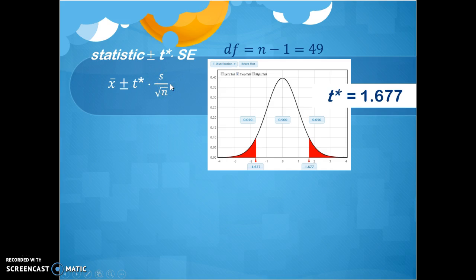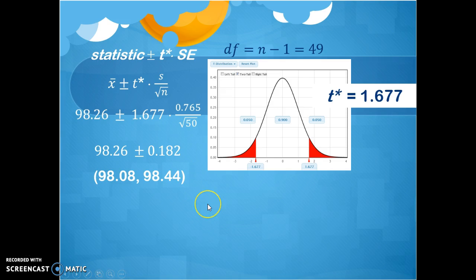standard error. Again, we're not simulating anything, so I don't simulate a standard error. There are formulas that allow us to calculate it. And so it's the sample standard deviation s divided by the square root of n. And these are the numbers. 98.26 from before, 1.677, which we just found now, and 0.765 for the sample standard deviation, and 50 for the sample size. Plug all those numbers in,